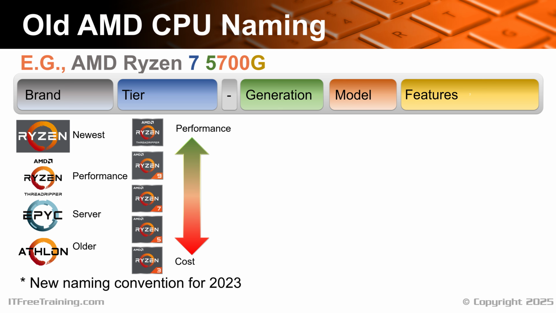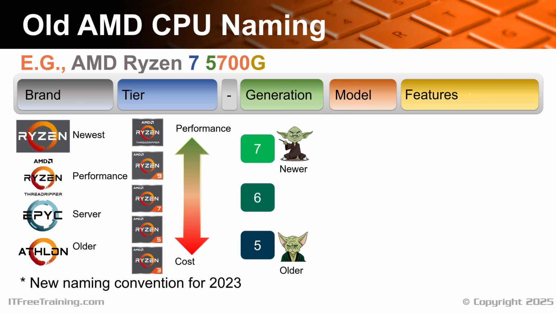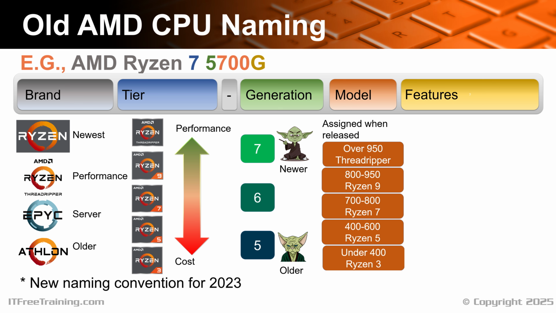For the tiers, there are 3, 5, 7, 9 and Threadripper. Generally speaking, the higher the tier, the better performance you can expect, and the lower the tier, the cheaper the CPU will be. AMD has generations like Intel does, but doesn't release new generations as quickly as Intel does. The model number can once again be matched to a tier. Thus, everything so far is pretty similar. AMD CPUs also have a suffix on the end that indicates features. Unlike Intel, there are not that many of them.